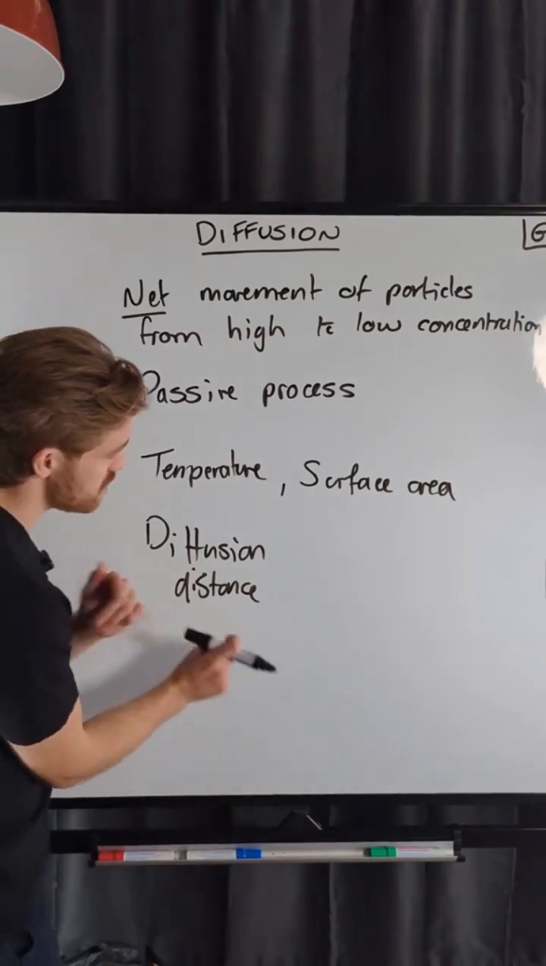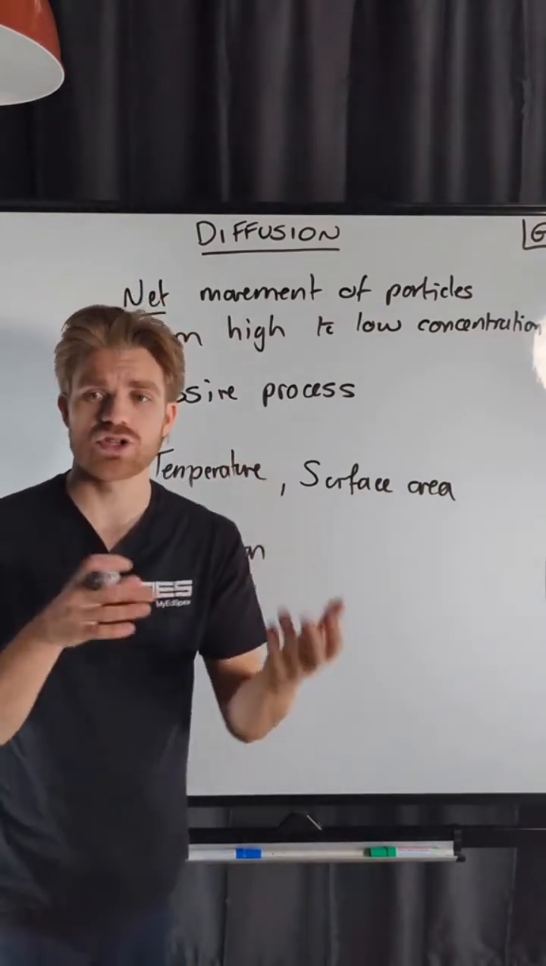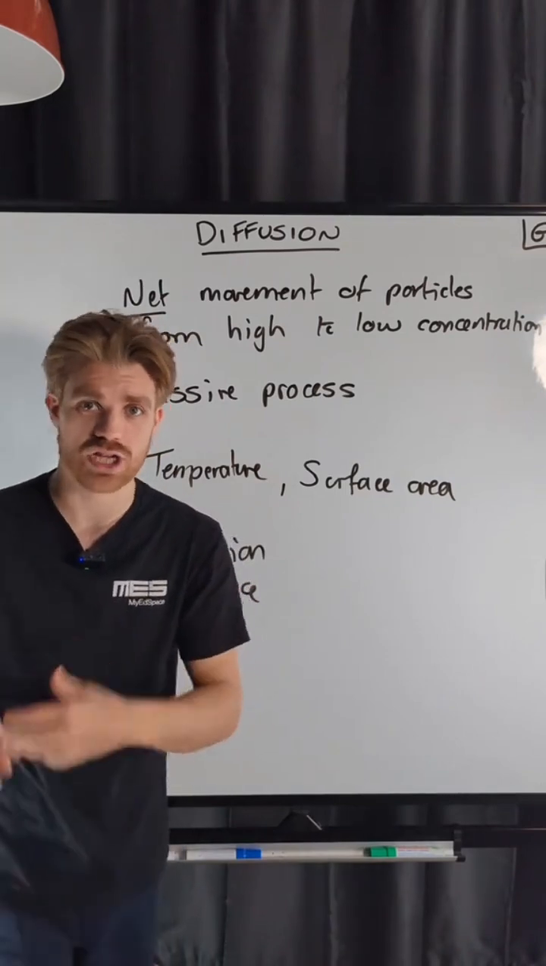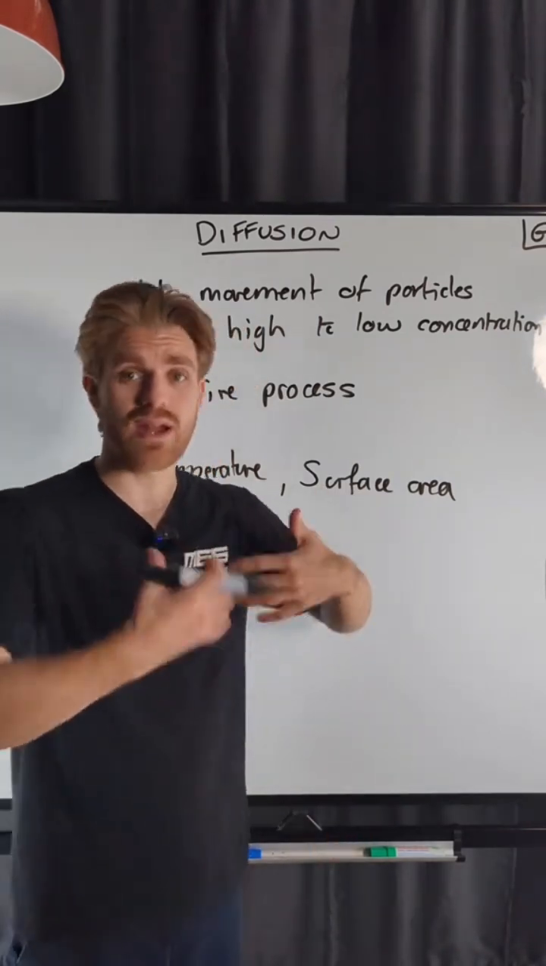Now, when we talk about diffusion distance, it's really important that we're careful when we talk about things like membranes. There are 2 types of membrane in biology. There's the cell membrane, or there's something like a tissue membrane, which might be made up of multiple